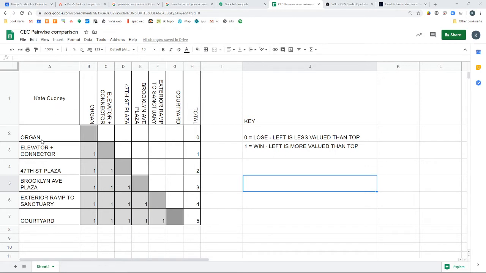is that the items that we're trying to prioritize are listed on the first row. So here, in this case, it's for a church. So they're doing an organ replacement. They're adding an elevator and connector. They're updating the 47th Street Plaza, the Brooklyn Avenue Plaza, and they're creating an exterior ramp to the sanctuary, and they're modifying the courtyard. So these are all different options or items that are trying to be decided on and